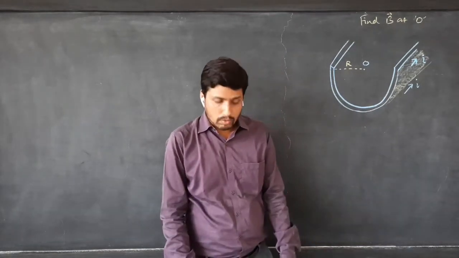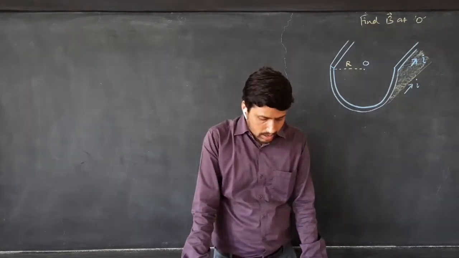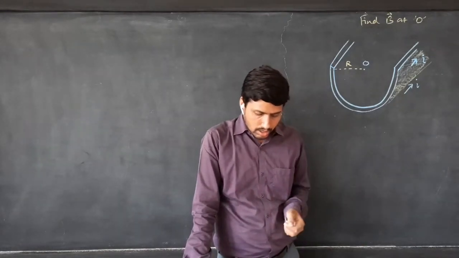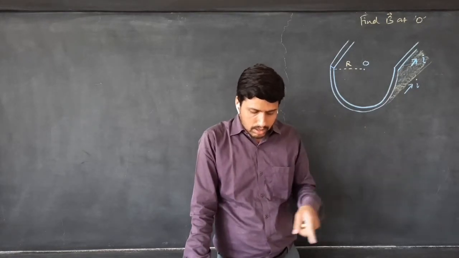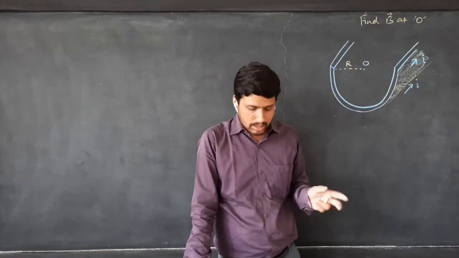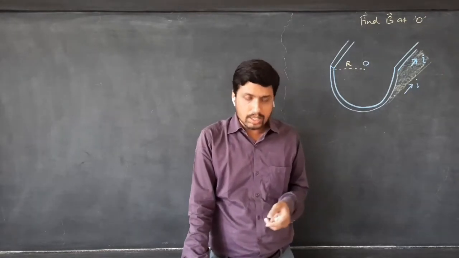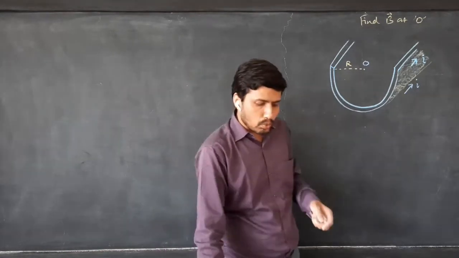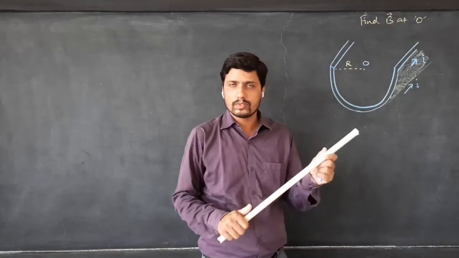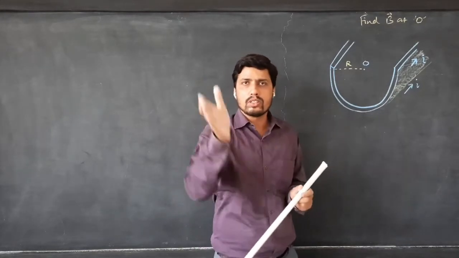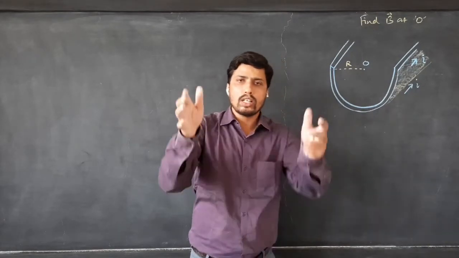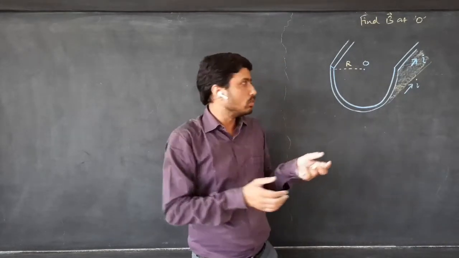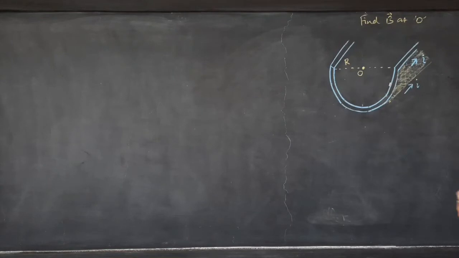Let me repeat the question once again. Find the magnetic induction B at a point on the axis due to an infinite thin conductor with a semicircular cross section of some radius R carrying uniform current I. Now this I is flowing on the surface. So there is a semicircular surface. The cross section is semicircular. So I is flowing in this part like so. So let's see how to solve it.